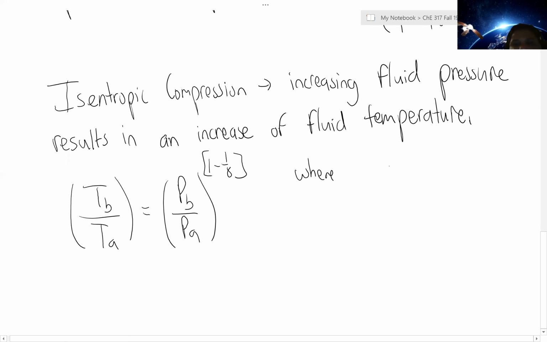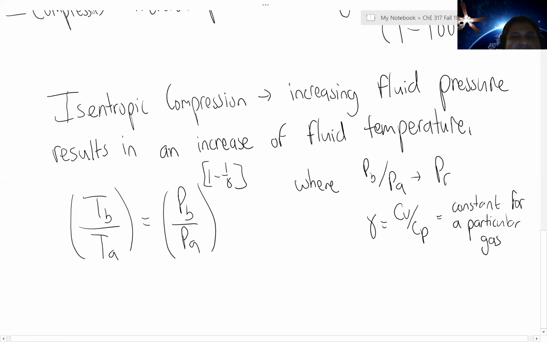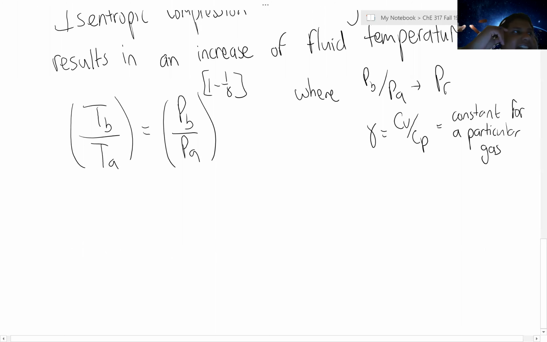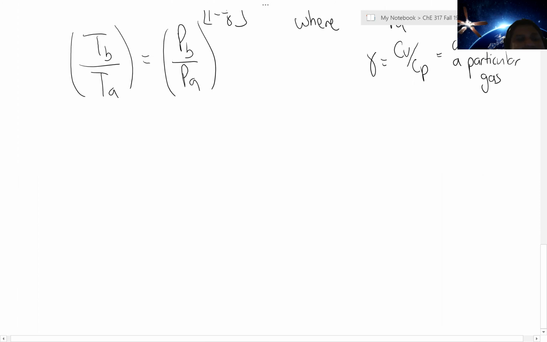Right, and once again, we had this PB over PA, this is our pressure ratio or our compression ratio, and gamma is our ratio of heat capacities, which is going to be a constant for a particular gas. However, we don't live in the idealized world of isentropic compression. We have to consider energy losses and work associated with overcoming those losses. And so we consider the implications of both adiabatic compression